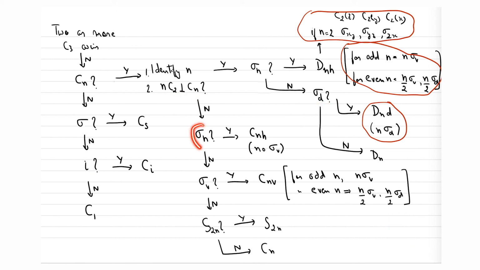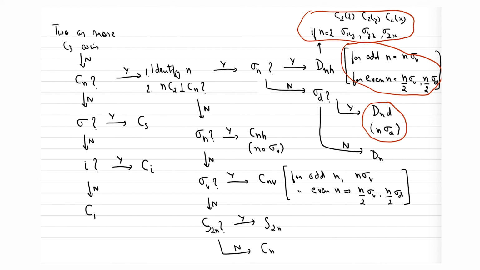Now again here you are asking sigma h, and if sigma h is not present, then you are asking for a vertical plane of symmetry. You don't care whether it's a sigma v or sigma d, it will not change the category of your point group, right? So you make no mistake if you accidentally say which one is sigma v or which one is sigma d. The problem is if you do not identify sigma h properly, then you may end up in the wrong point group. But if you identify the distinction between sigma h and sigma v, then you're all set. Then there is no problem.